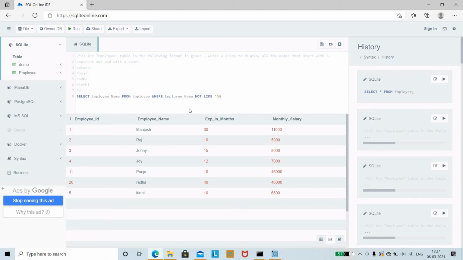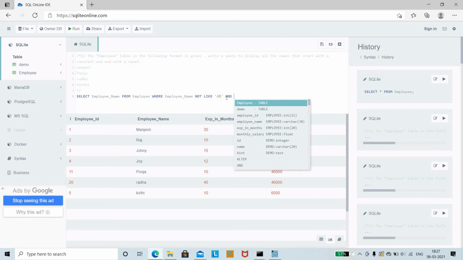If you are using the percentage at the beginning, it means you are going to end the word with that letter. So it should be not like A followed by the percentage, and similarly there are 5 vowels, AEIOU.